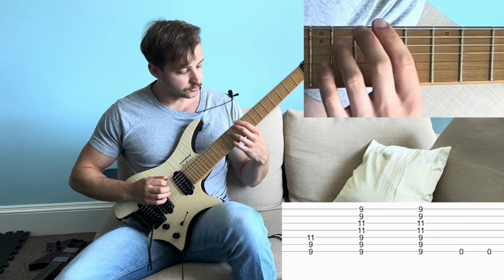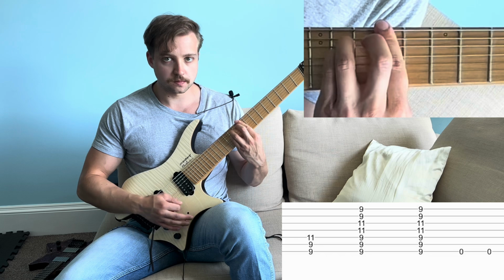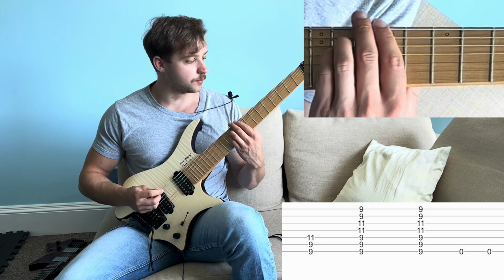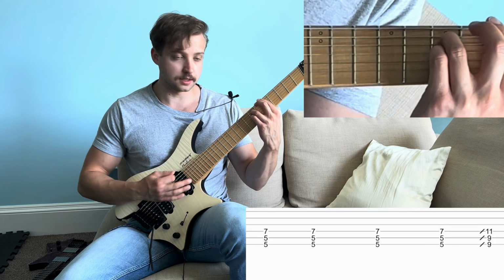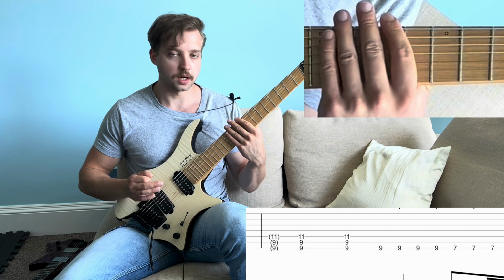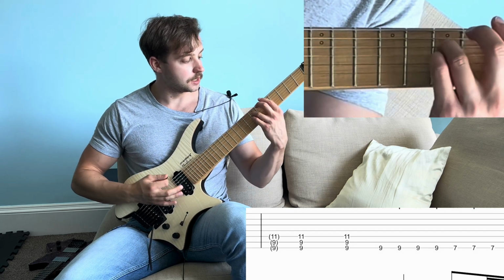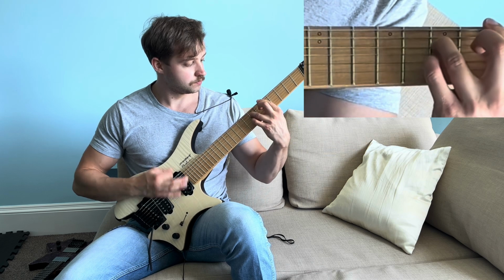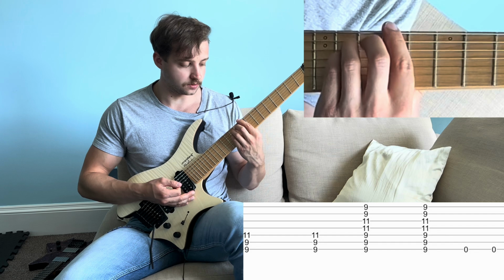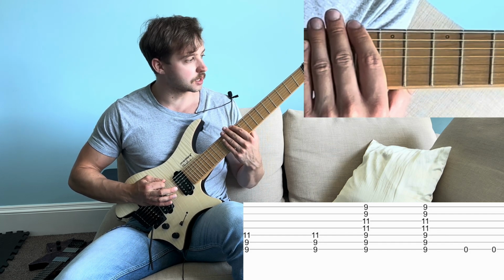Okay. After these 2 hits, then we do 2 quick hits of the open 7th string and go back down to this chord shape and do it the same way we did the first time round. Okay, and then we repeat that. Okay. And then we do 2 quick hits of that open 7th string again,